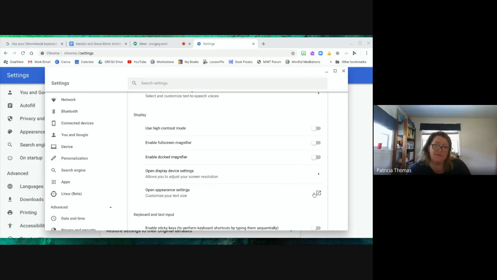Because I don't think we have a lot of people with visual impairments in our district, I'm not going to go into a lot of detail because there's other stuff to cover. But if you do have a child or a student with a visual impairment, or an adult, and you want more information, please contact me about that. The one thing I will say is that there are shortcuts that allow you to do this really quickly and